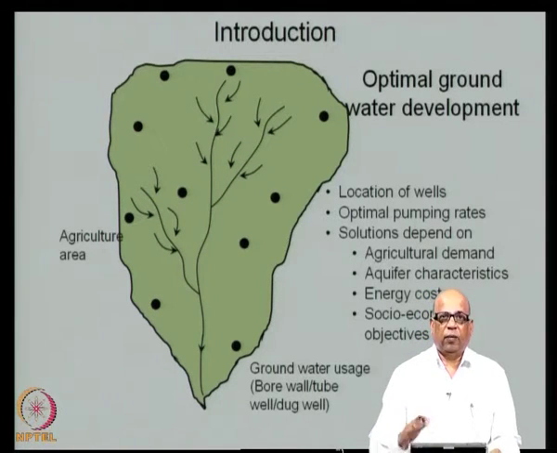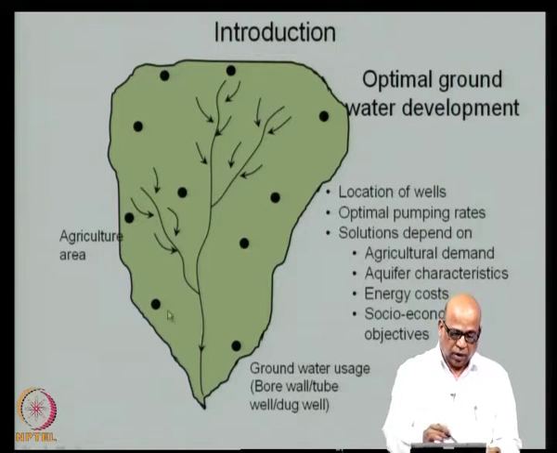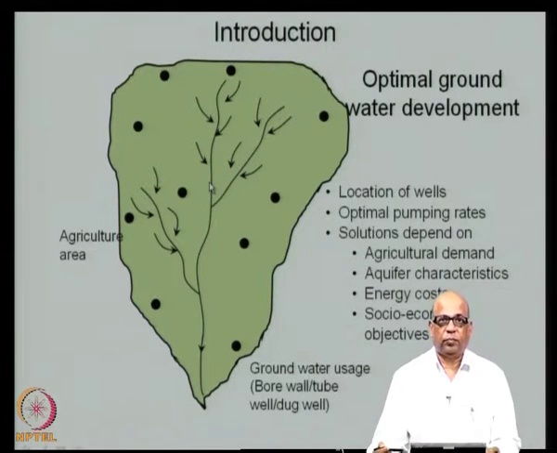Knowing the surface water hydrology as well as the aquifer characteristics, knowing the groundwater hydrology, how the groundwater levels fluctuate with respect to the usage as well as with respect to the rainfall input as well as the irrigation input and so on. So, we synthesize, we integrate all of this information and then arrive at decisions on how much to use of the groundwater, how much to use of the surface water, when there are no storage reservoirs here.